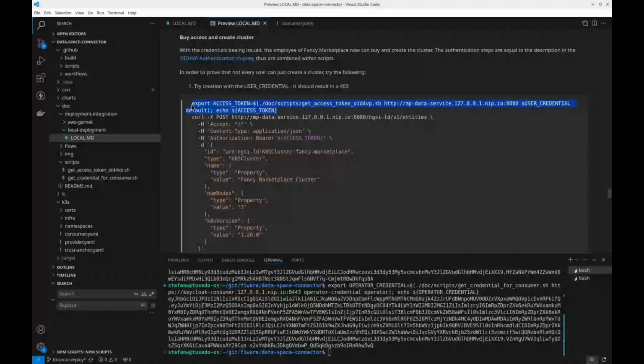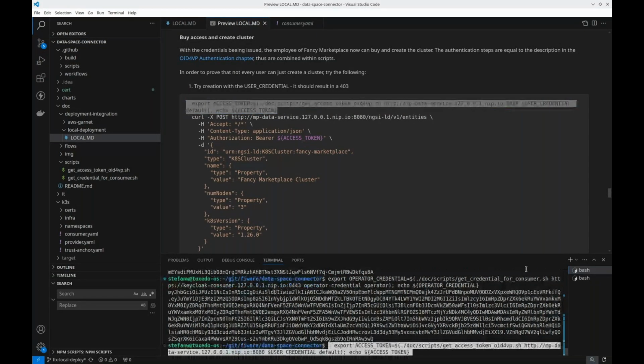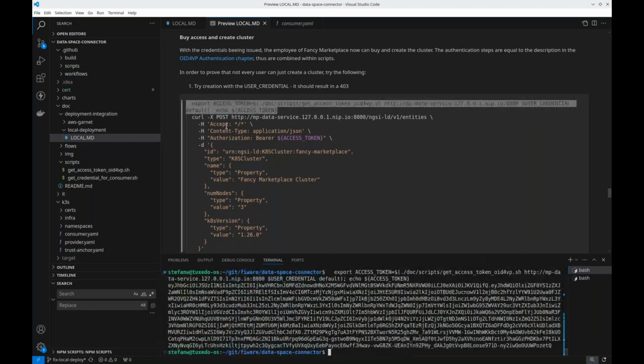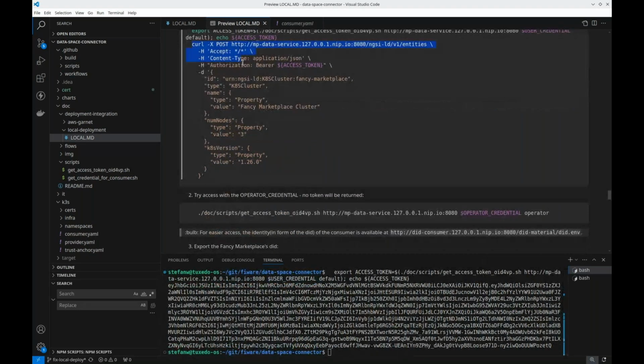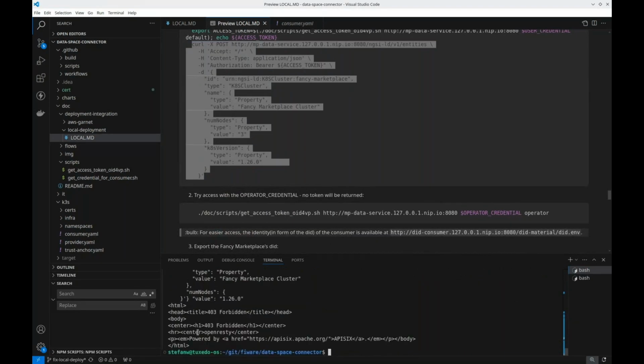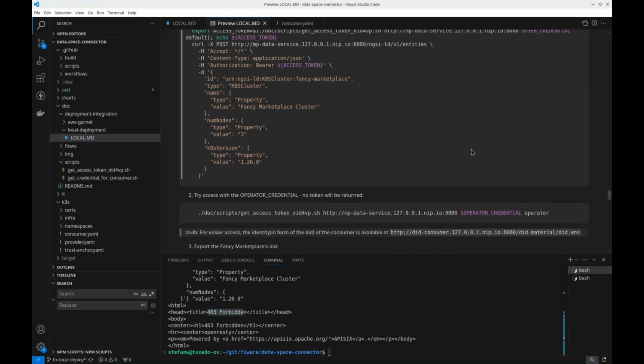We first have to get an access token, obviously, for our user credential again. I also encapsulated that part now in the script because we had before how this actually works. We have the access token here. And now we just try to create our cluster through the NGSILD entity API. And we should get a 403 forbidden, because the policy that we created for creating such a cluster requires us to provide an operator credential with the